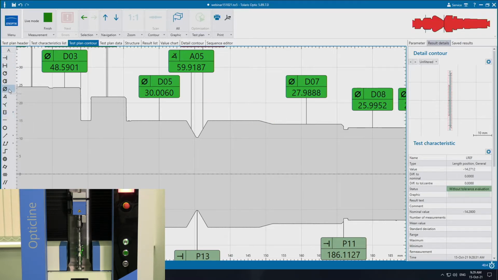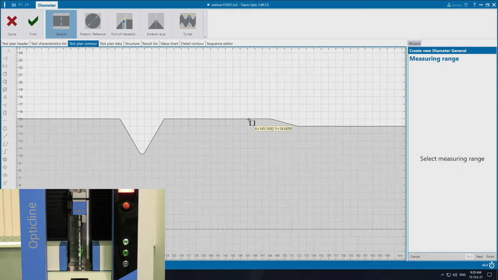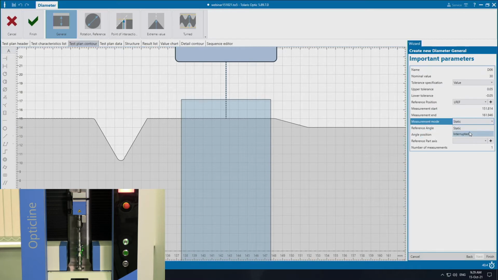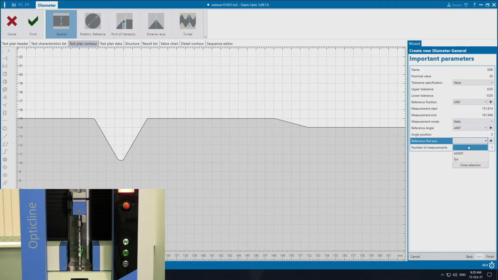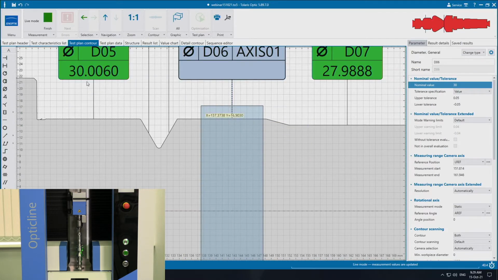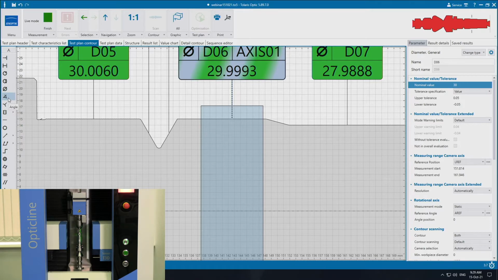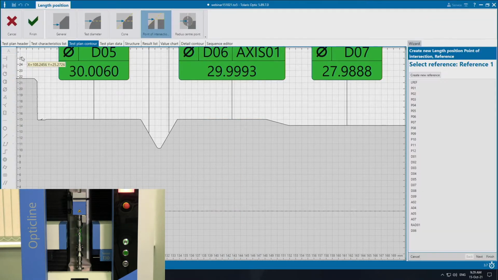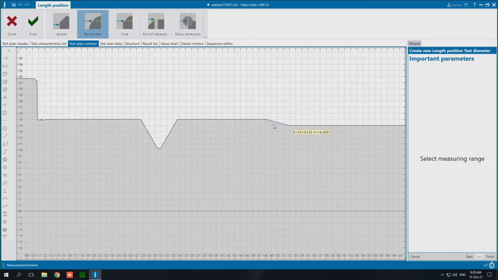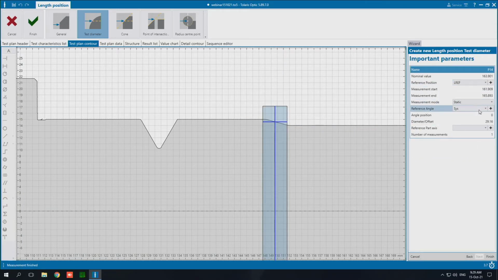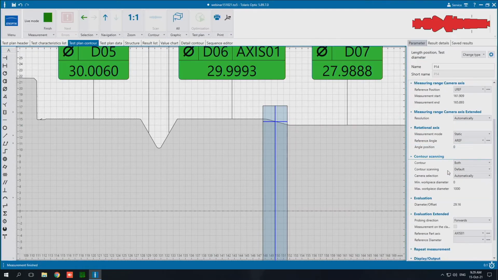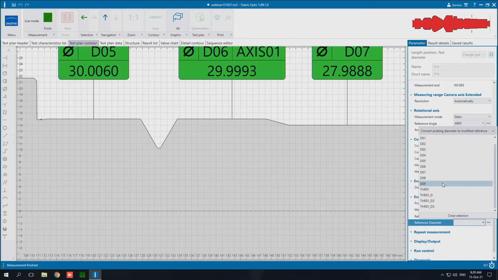First, I'm going to take a diameter, just a general diameter on the outside surface of the part here. Always set your alignments. And that's constrained to the diameter of the part in that location. Next, I can find a length position test diameter. And if I drag a window around the angle and use the correct alignments, I can now reference the same references as the diameter I just made